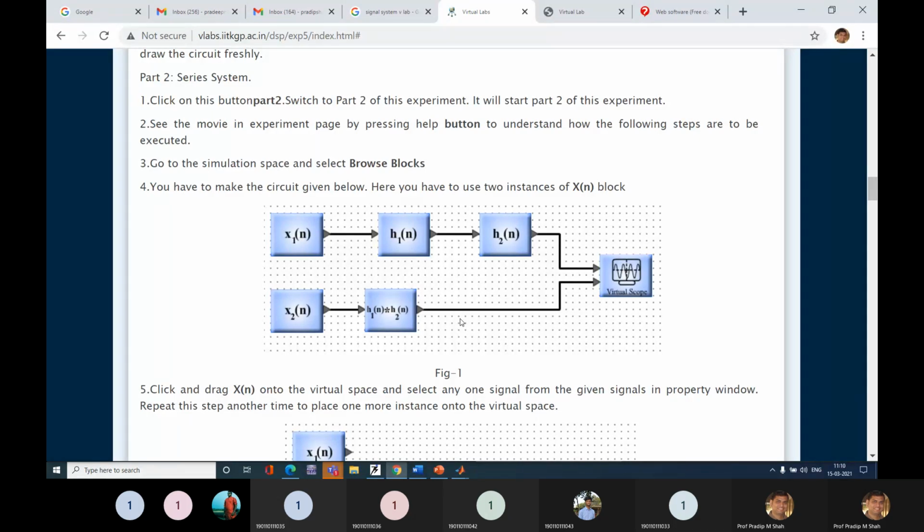So it will be h1 of n convolved with h2 of n, and then I again take a convolution with x2 of n.